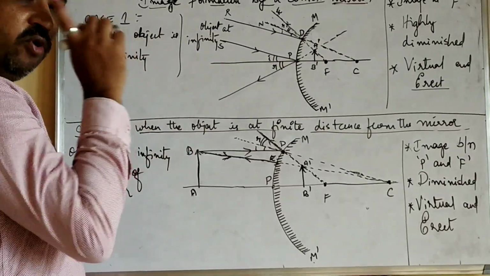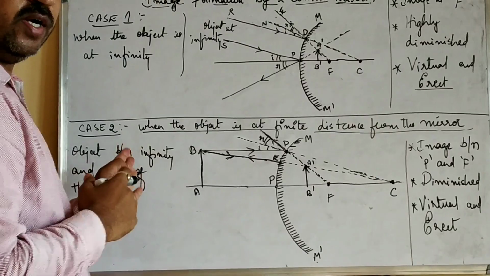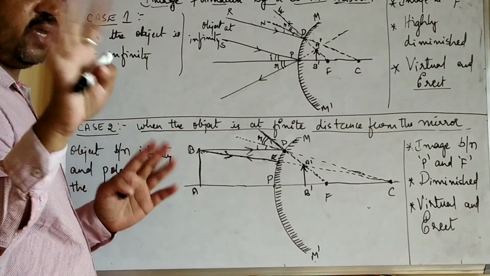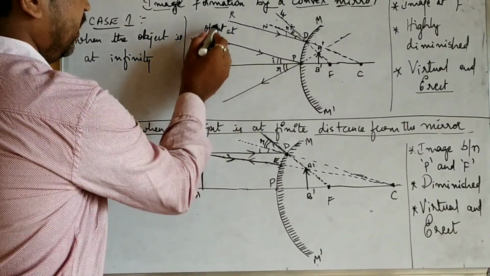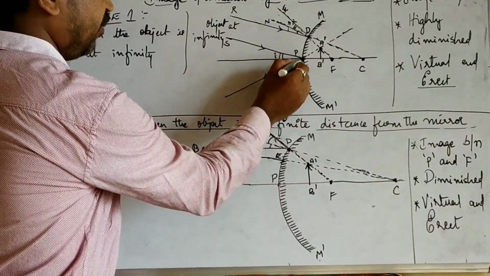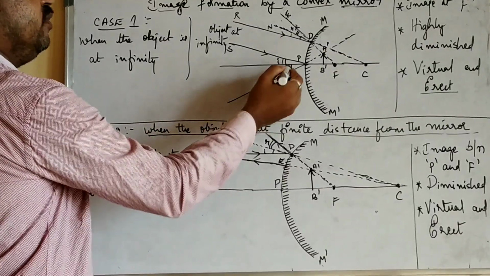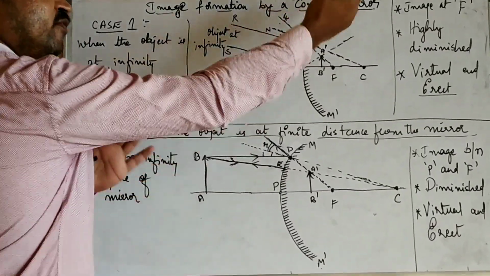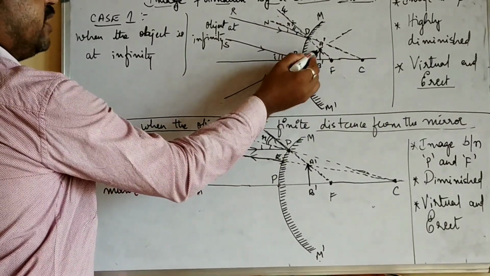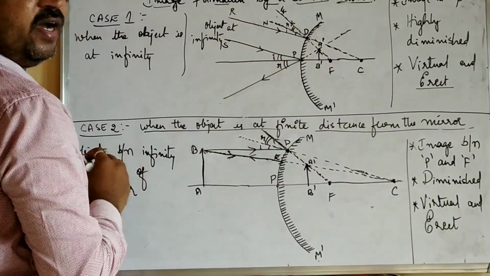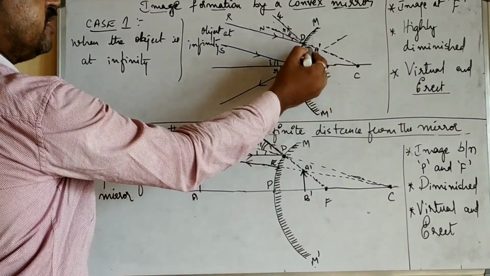Now one more incident ray is incident on the pole of the mirror. What it has to do? We have just now learned the fourth rule in the convex mirror. Whenever a ray is incident obliquely at the pole of the mirror, it gets reflected. Now this is the reflected ray, but it is assumed to be coming from the other side. So what you have to do? Extend this reflected ray back in such a way that the reflected ray and the ray which is coming from the principal focus